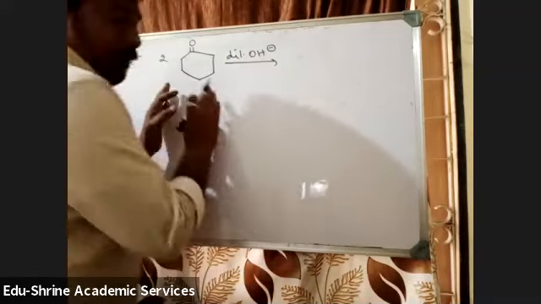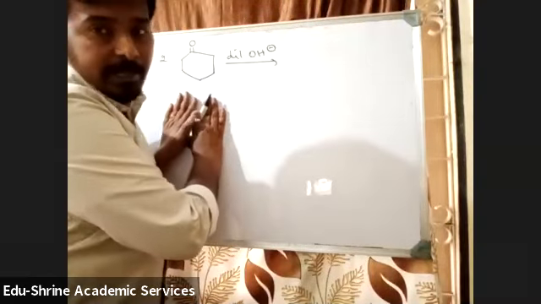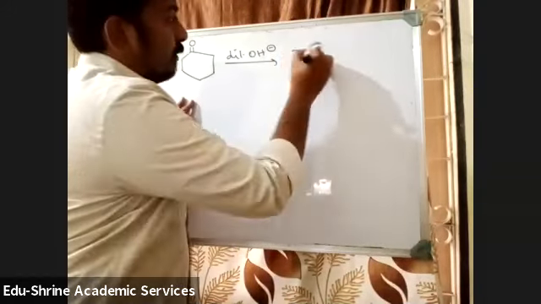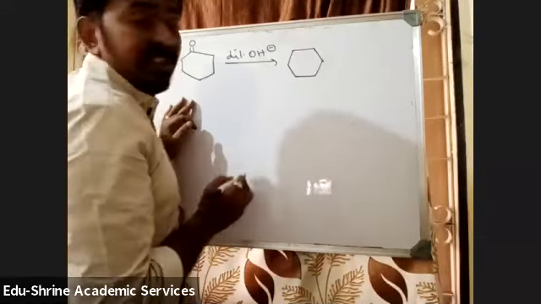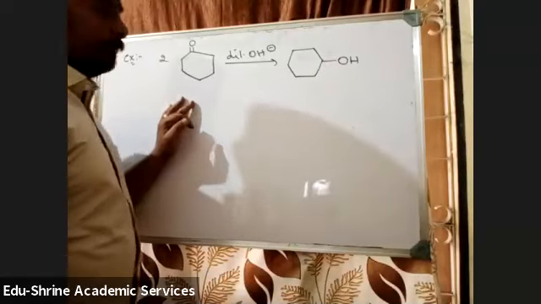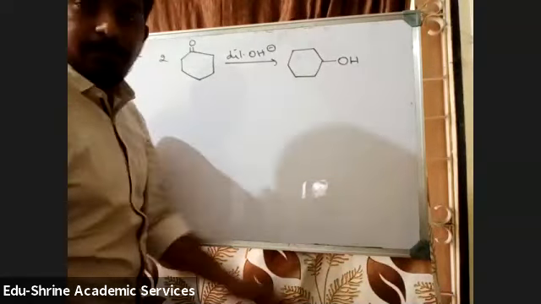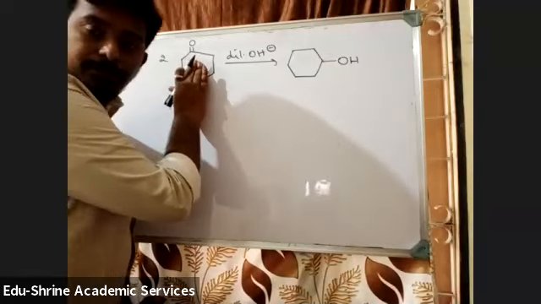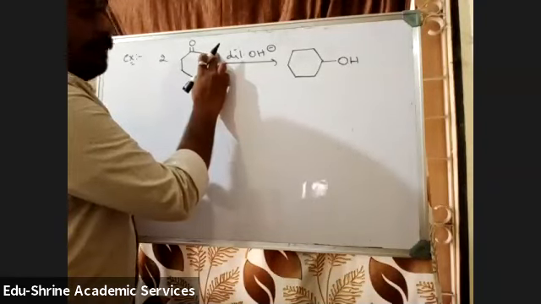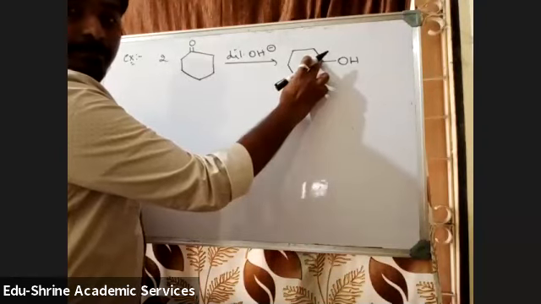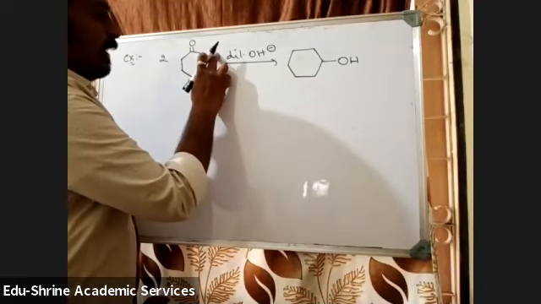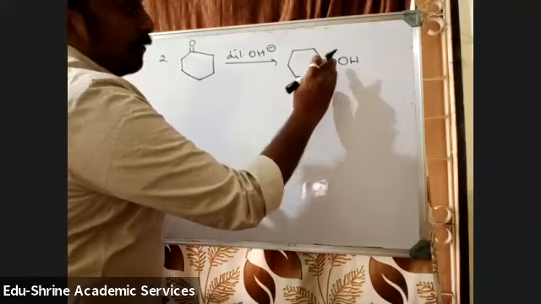See here. So first, two molecules of cyclohexanone are there. From one molecule, I will convert this C double bond O to OH. This is one molecule, C double bond O, I am converting it into OH. This C double bond O is converted to OH. From the other molecule, this carbon atom will be attacking this carbon atom. Correct? From one more molecule, this carbon atom will be attacking this carbon atom. Right?